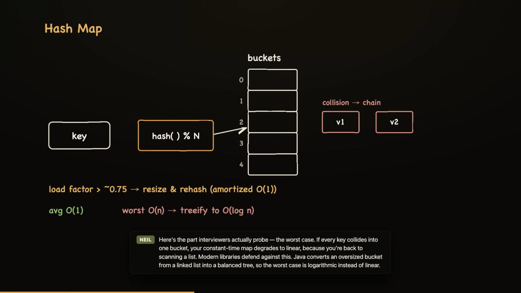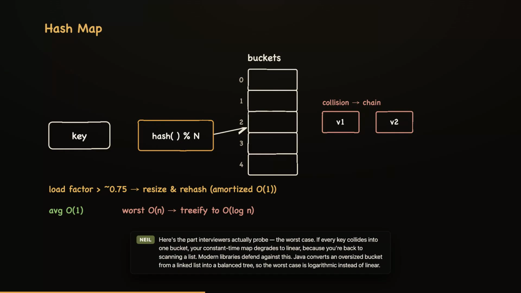Here's the part interviewers actually probe, the worst case. If every key collides into one bucket, your constant time map degrades to linear because you're back to scanning a list. Modern libraries defend against this. Java converts an oversized bucket from a linked list into a balanced tree, so the worst case is logarithmic instead